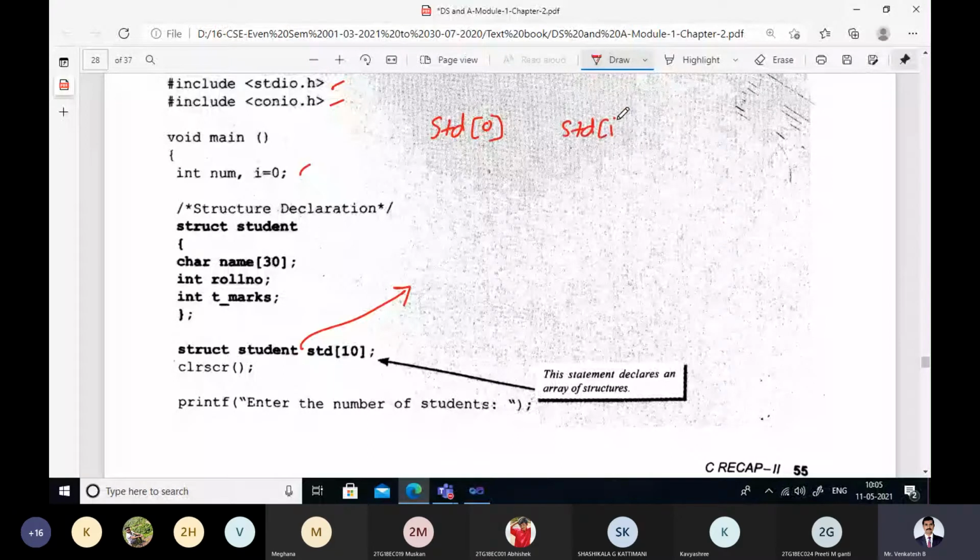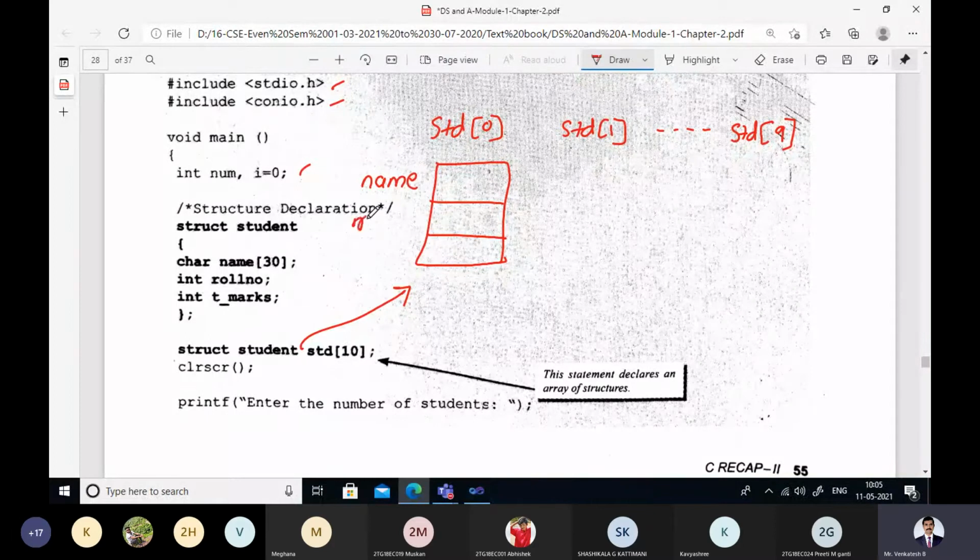What are those? Name, then we have roll number, there is no underscore, and the third member is total marks of the student, T underscore marks. These are the 3 members.